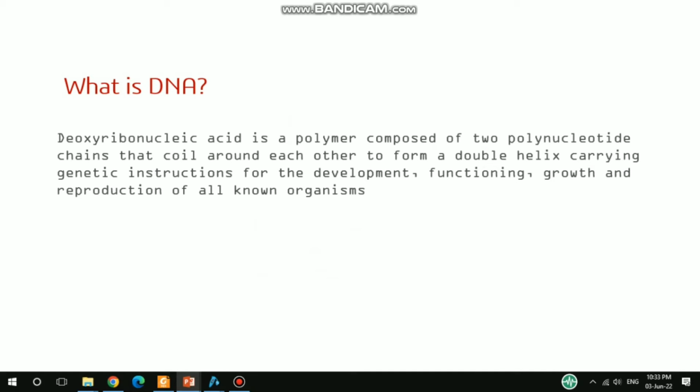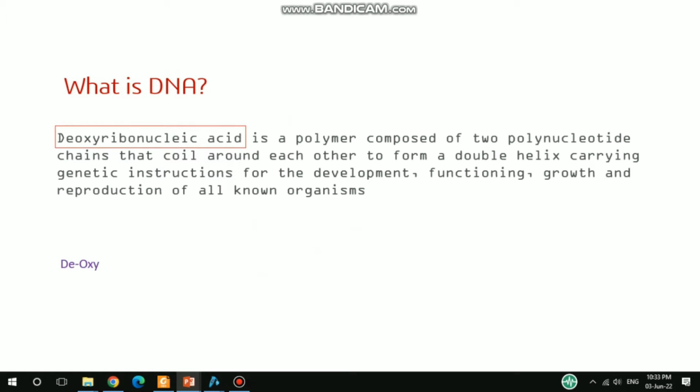DNA is deoxyribonucleic acid, a polymer composed of two polynucleotide chains that coil around each other to form a double helix structure, and it carries the genetic instruction for the development, function, growth, and reproduction of all known organisms. If we analyze this term deoxyribonucleic acid, first we can divide it: deoxy,